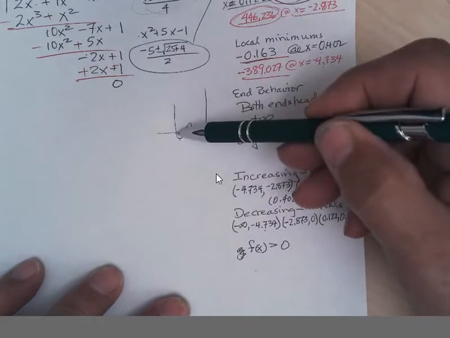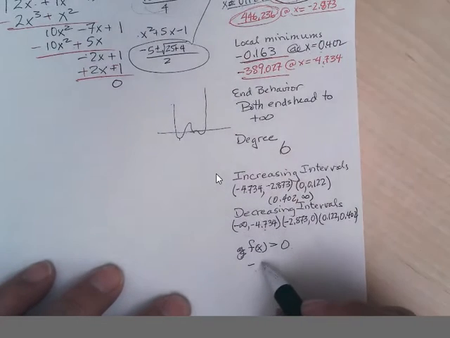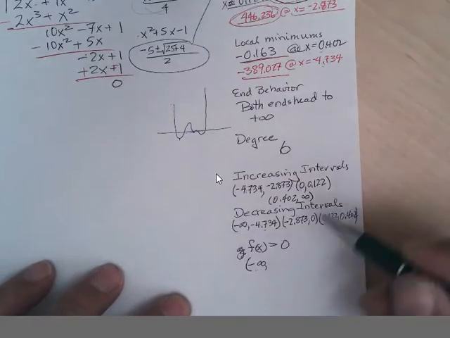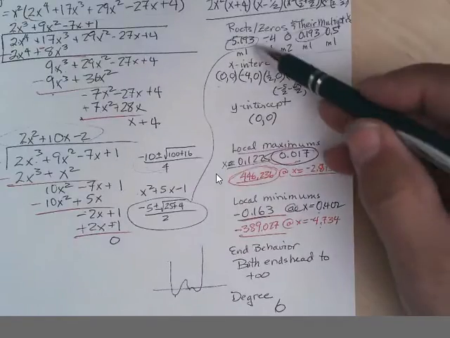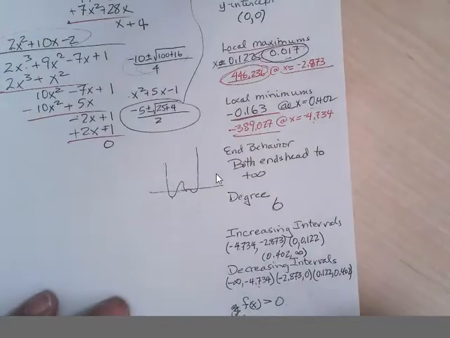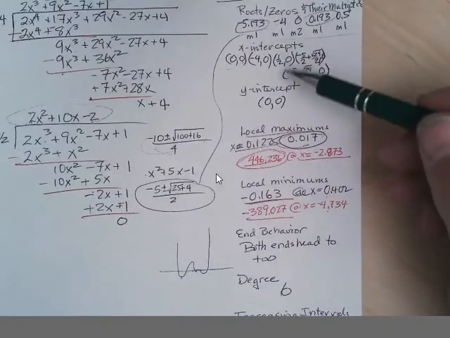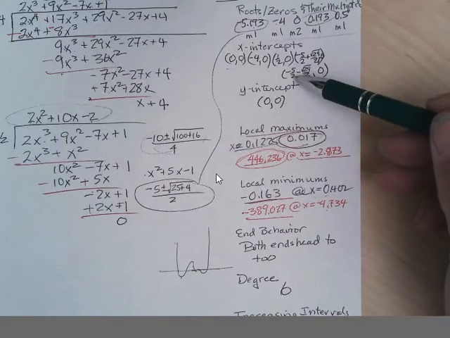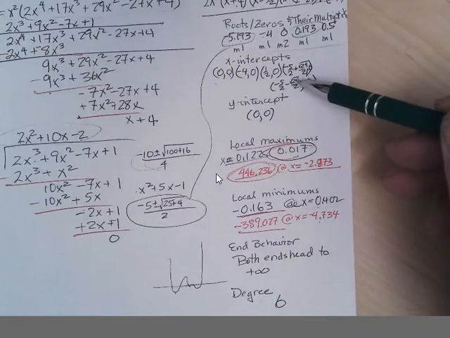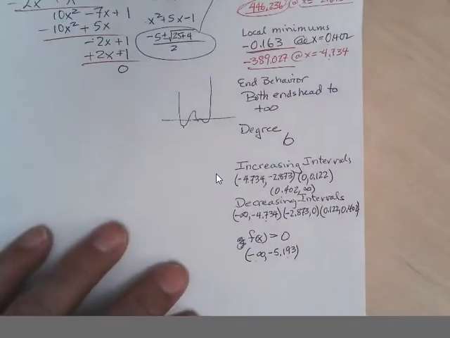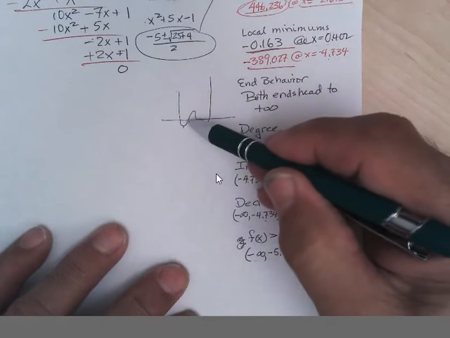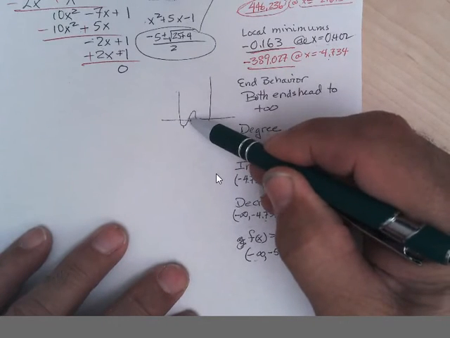So it was positive from negative infinity to that first 0, which was at negative 5 point something, negative 5.193, or more exactly, negative 5 halves minus square root of 29 over 2. That would have been a better number to put in there. And then when it came back up, which was at negative 4,